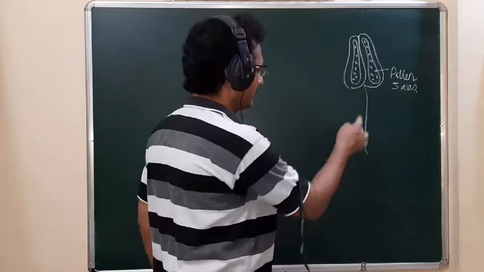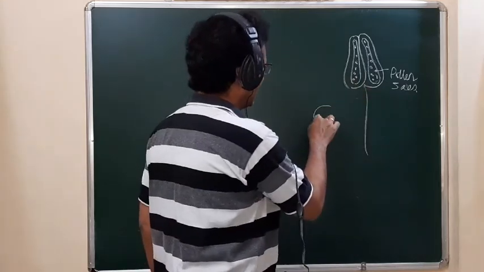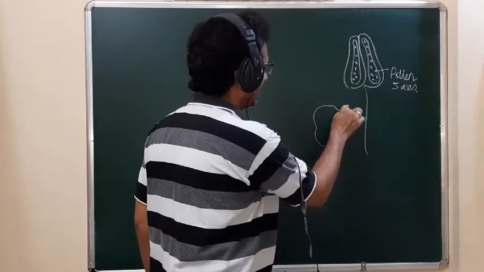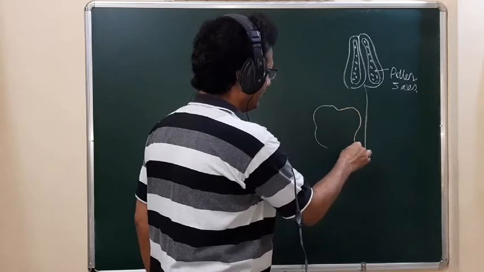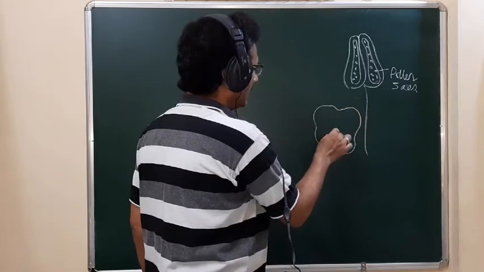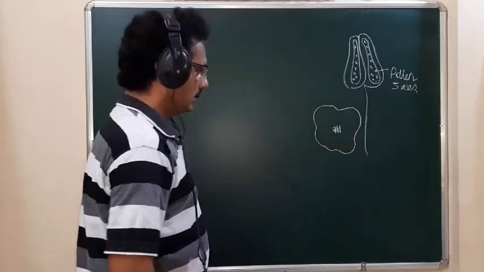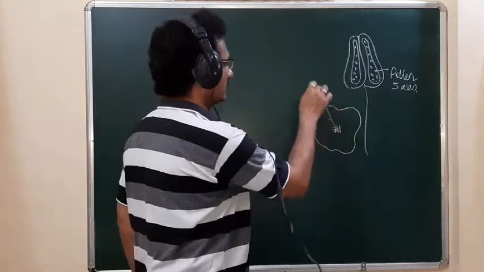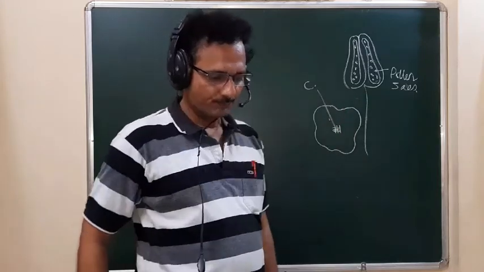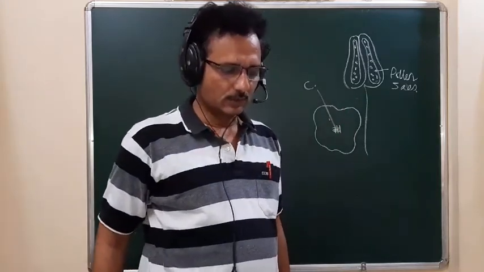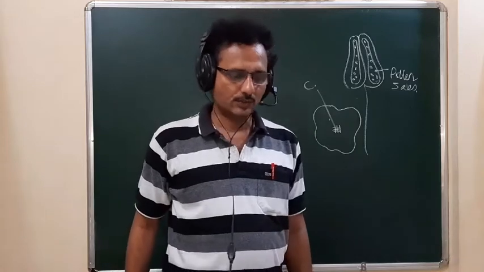You know that when we take a TS of this anther, it is such type of sectional view we have, and in that at the center what we have is the sterile connective tissue. So the third option is your answer. Then question number 7,